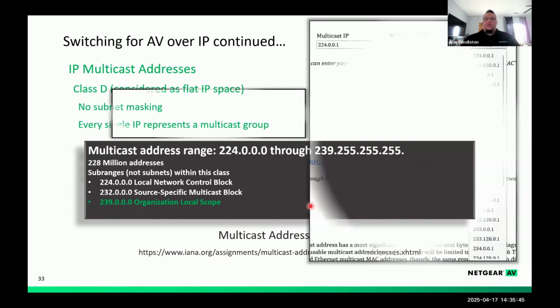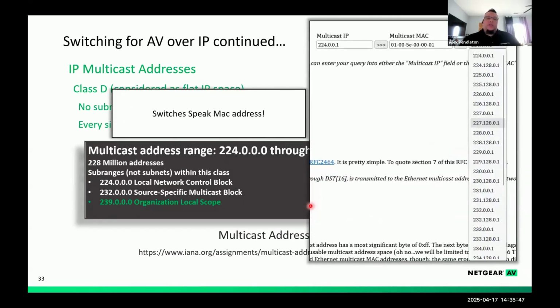And this allows for the switch to process very quickly because the switches speak MAC address. And so when you're looking at the multicast IP, it can be converted to a multicast MAC address, and it has a start OUI of 01005E. That's how the switch immediately knows that this IP is a multicast address.